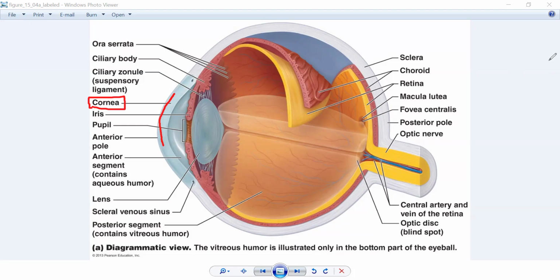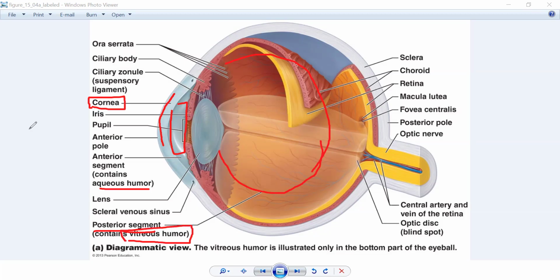Think of frosted glass or a shower curtain. So the cornea is actually transparent. There are segments within the eye, or you could refer to them as cavities, but they're called segments. You have an anterior segment, and the fluid in there is referred to as aqueous humor. And then all back here is referred to as the posterior segment, and the fluid is referred to as vitreous